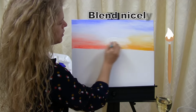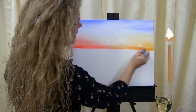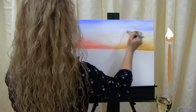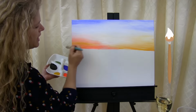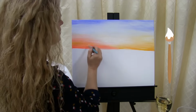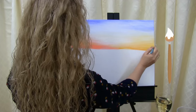I just put a little bit more white on my brush, and now I'm just kind of going left to right, getting all of these colors to intermingle with each other so they look like they belong together in this sky. And if I want, I could certainly tweak this over here. If it was too pink, I could certainly add a little bit of yellow right on top of it. And once I feel like I've got a really nice blend going, which I do, I'm pretty happy with this,